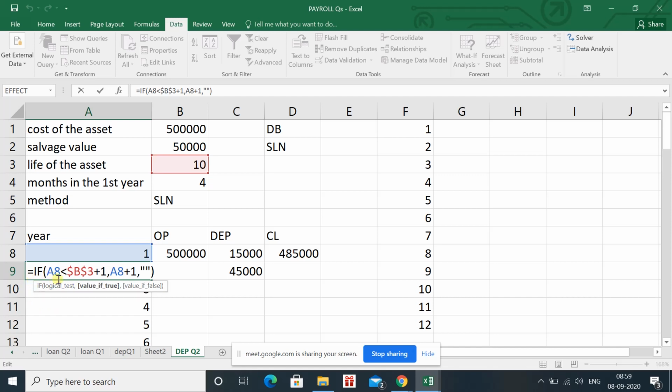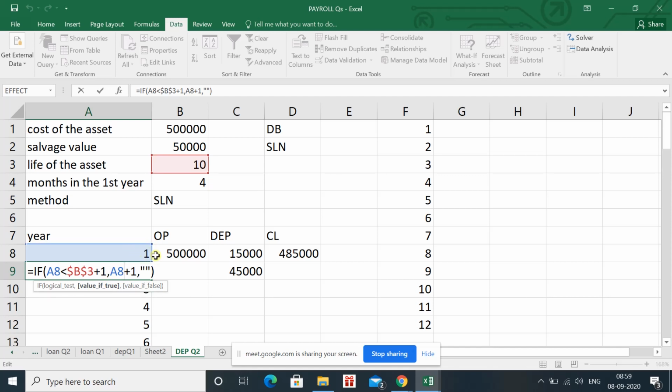If the value in the previous cell, where the previous cell for A9 is A8, then is equal to IF, bracket open, select A8 less than the life of the asset plus 1. Life of the asset plus 1 means 10 plus 1, then add 1 to the value of the previous cell.